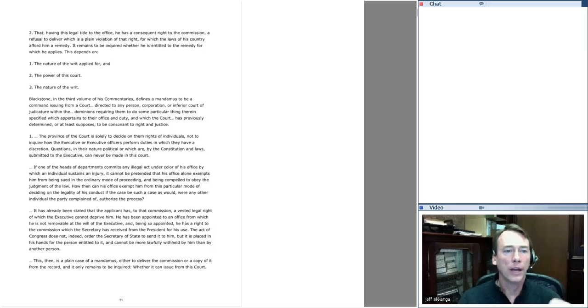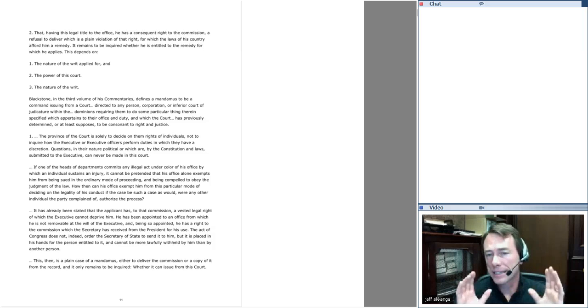As he says here, has that right been violated? Yes, he says, because they have a legal duty to deliver the commission. This is not a matter of executive discretion. This is not a matter of foreign policy where the president has a lot of room to maneuver and has to be allowed a lot of discretion and executive privilege, which Marshall actually discusses here. He says it's not that. This is a legal duty the president has. He has to give it over.